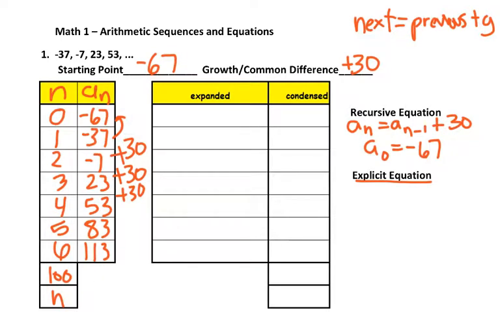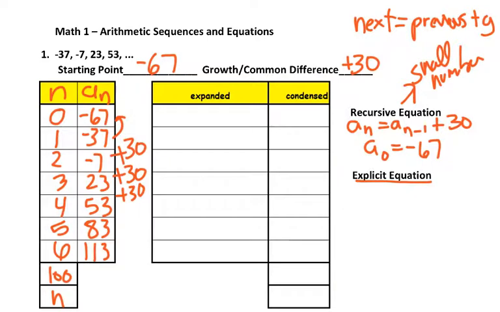Now, if I have a calculator, it could make it fairly easy, right? Because once I figure out the pattern, then I just keep adding and use that recursive concept. But what if I could just plug in 100 to an equation and come up with my answer? That's where the explicit comes in. So when you're going close or small numbers, recursive is great. But explicit helps us with the bigger ones and when we don't want to have to rely